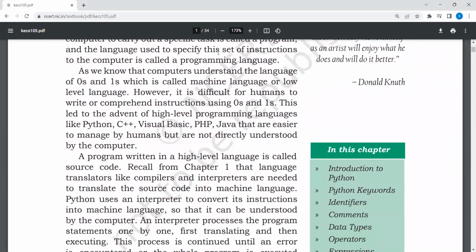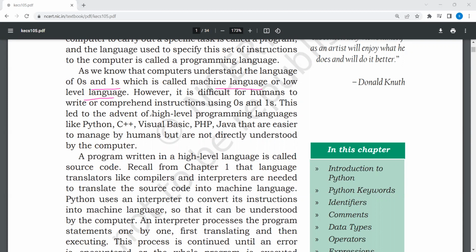As we know, computers understand the language of zeros and ones, which is called machine language or low-level language. However, it is difficult for humans to write or comprehend instructions using zeros and ones.